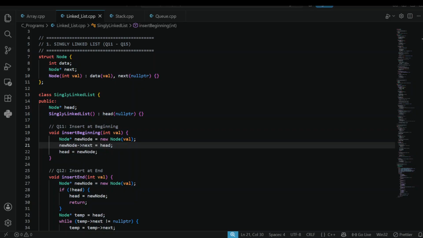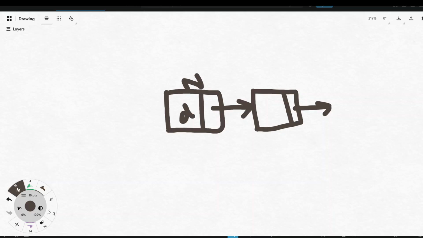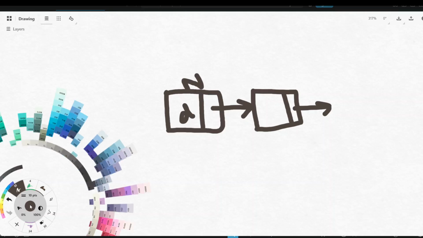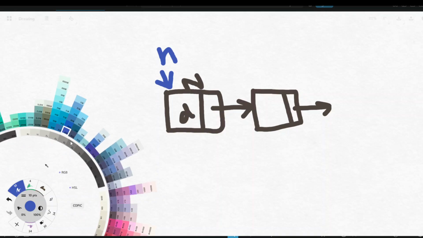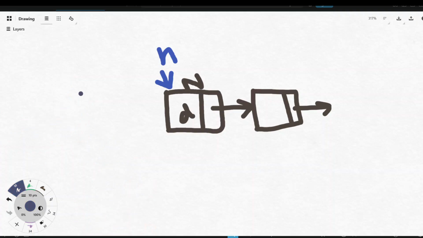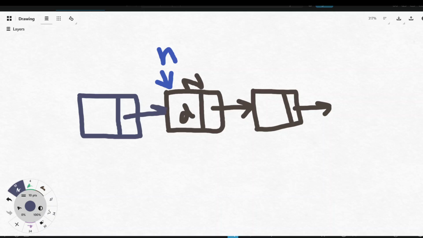Let me just explain this right here in the concepts. Let's say this is the head. Head is pointing to this. Then we made a new node. Here we are inserting a new node at the beginning. What we'll first do is make the new node's next pointer point at where the head is pointing, and then what we will do